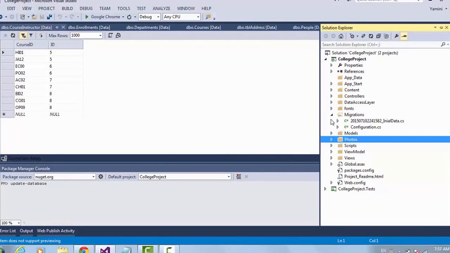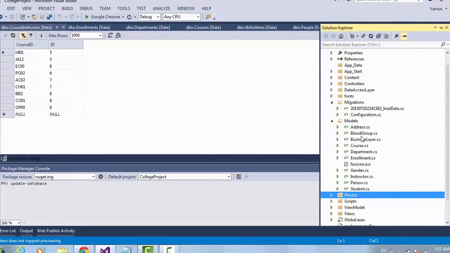How did it get generated? See here, we don't have any table called course instructor, but the course and instructor have a many-to-many relationship. So Entity Framework will automatically create a table called course instructor, but it will